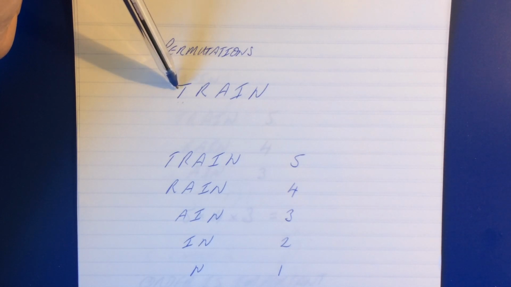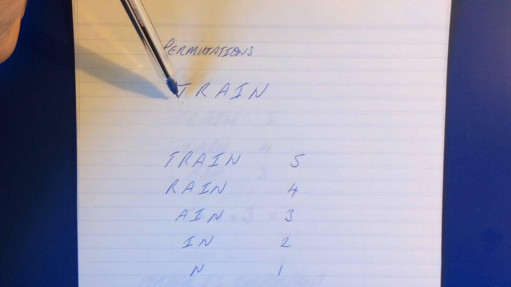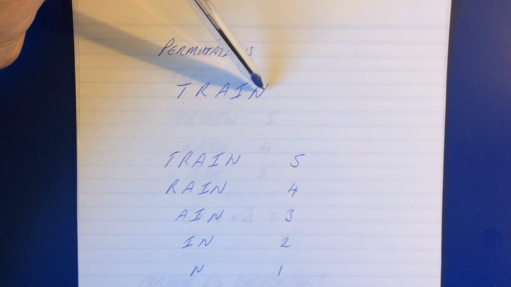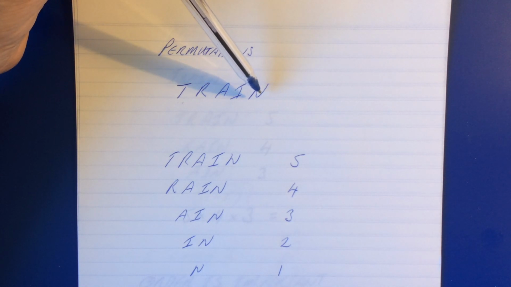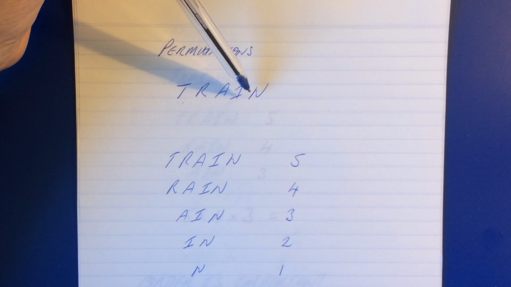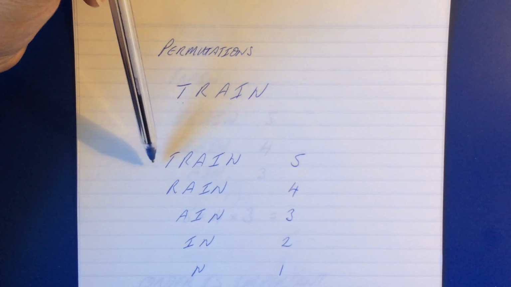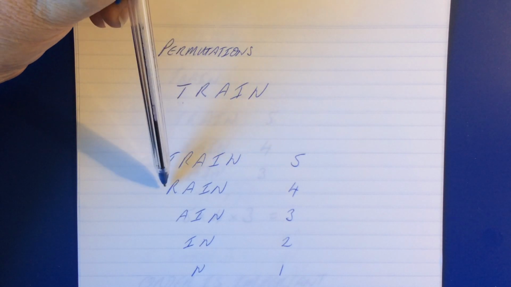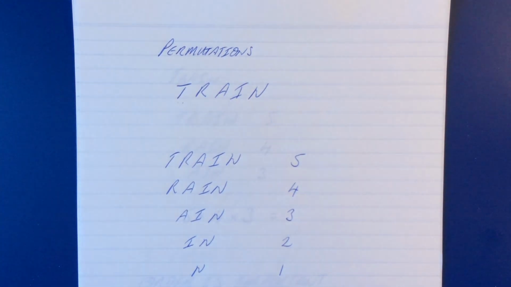So our first set of choices is from a group of 5 letters. Now we're assuming that you don't replace, so this is without replacement or repetition. So the first choice is 5, so we have a choice of 5. Next choice comes down to 4, 3, 2, and 1. And if you want to think of another way of looking at this,